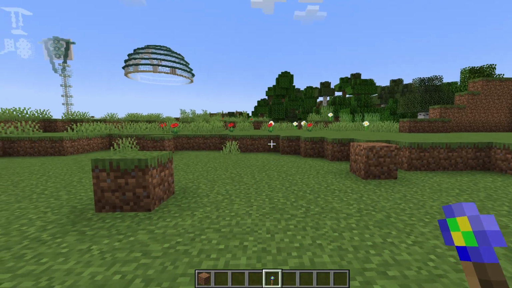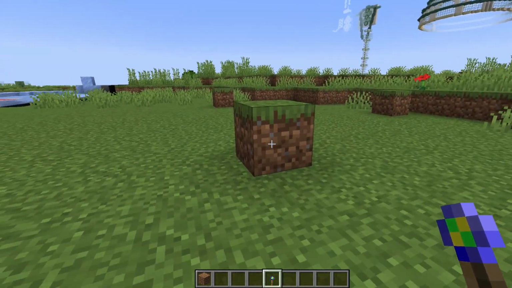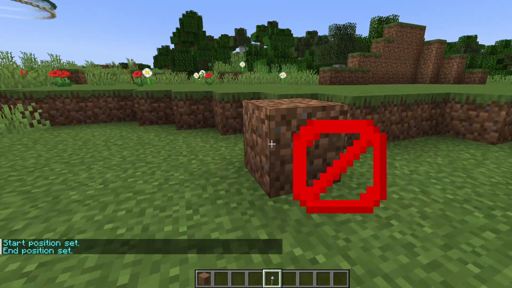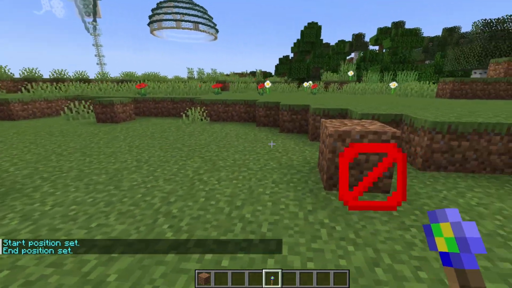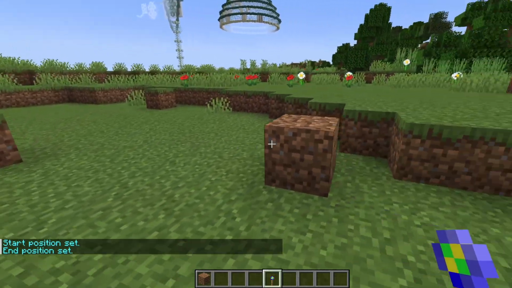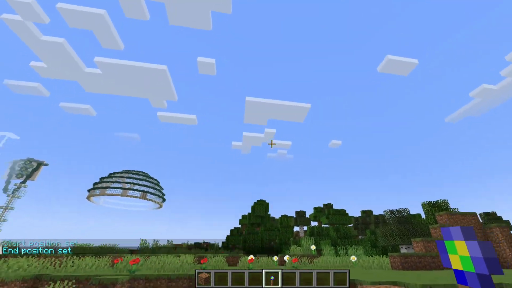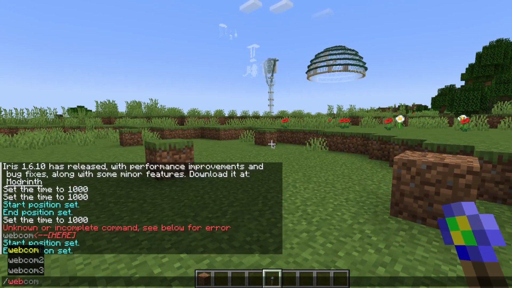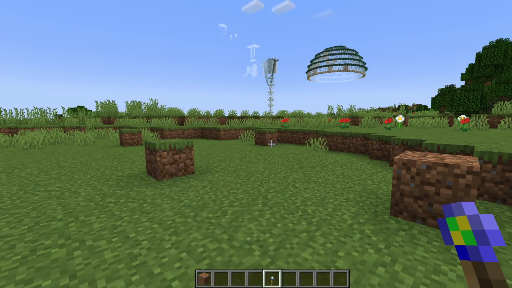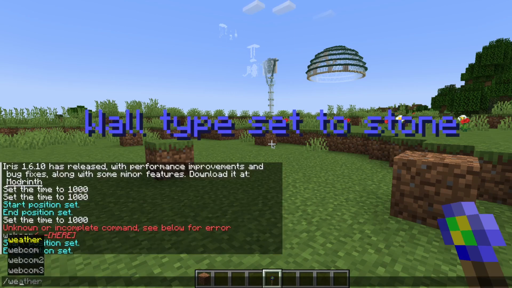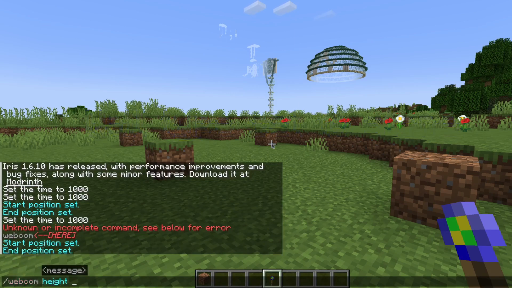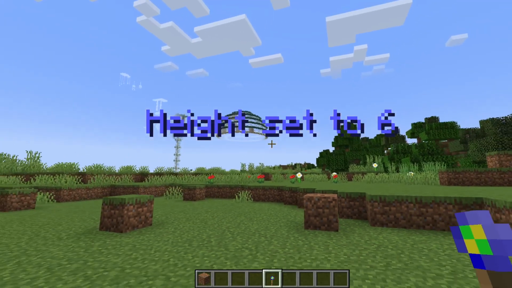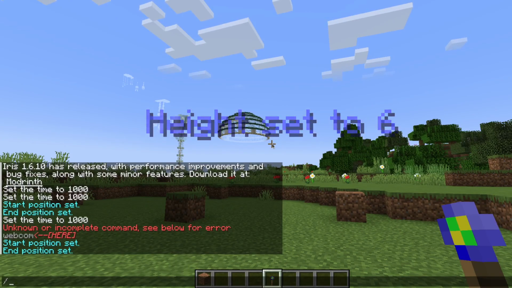So with this builder script, we have a wand that's going to be used to set our start and our stop position. That's the start and the end, and that is going to describe the line at which the base of your tower or your wall is going to be built. So we're going to set a parameter with our webcom type command. We're going to say this is a stone wall, and we're going to say the height is going to be 6. And now we just issue the wall command,